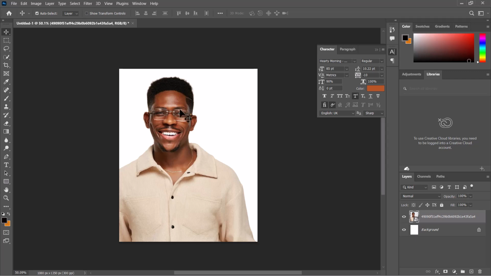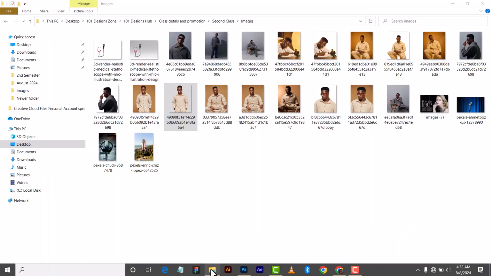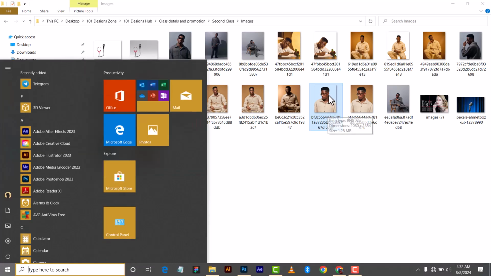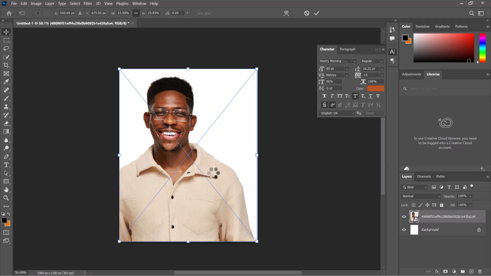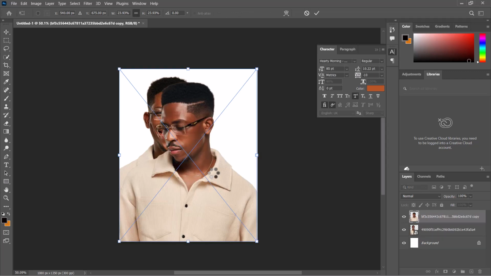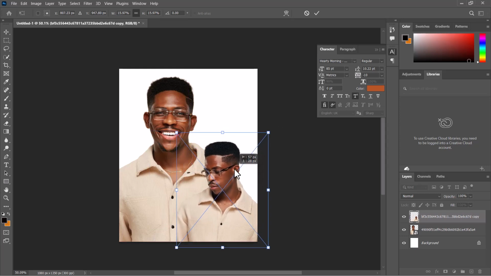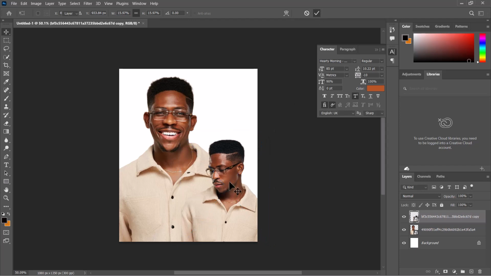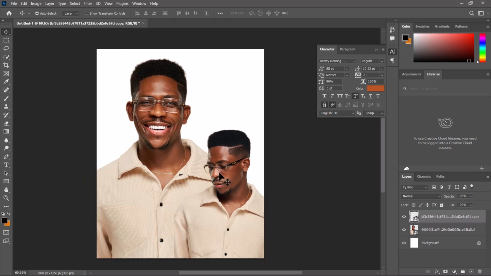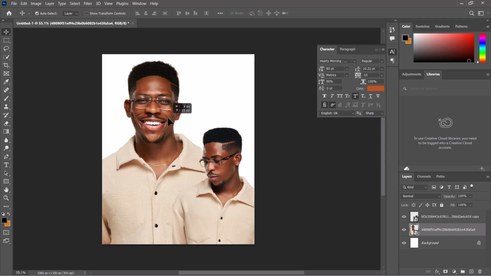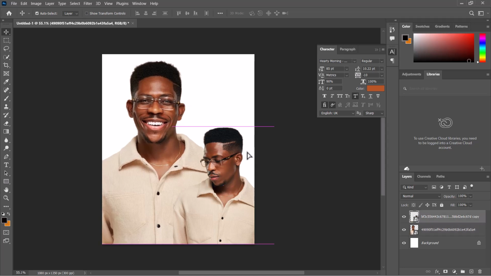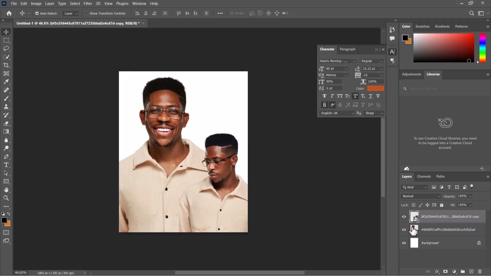Another thing I wanted to do was to import another picture. So I'm going to bring in this particular one as well. So we can have both of these popping like this. Something like this would work fine. Yeah, so I'll add some brightness to both of them, and then we'll see what we can have. So let me position it like this for the meantime,